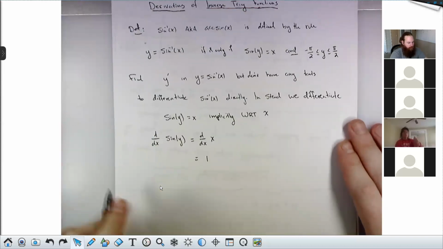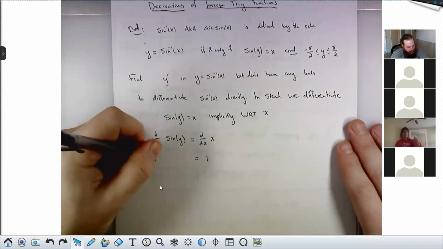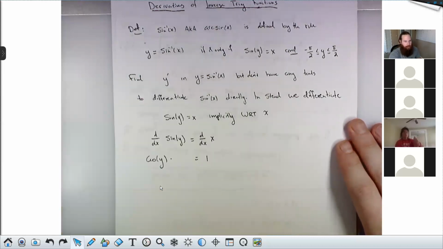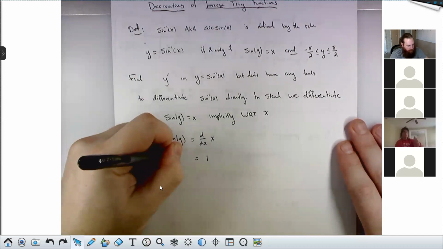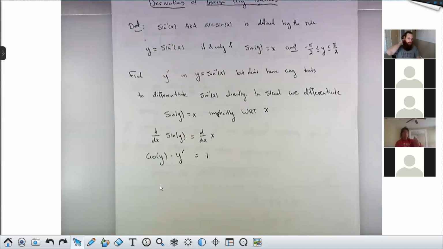The derivative of the outer function is cosine, so I differentiate the outside, leaving the inside alone, and then I multiply by the derivative of the inside. The inside is just y, so the derivative of the inside is just y prime, which means